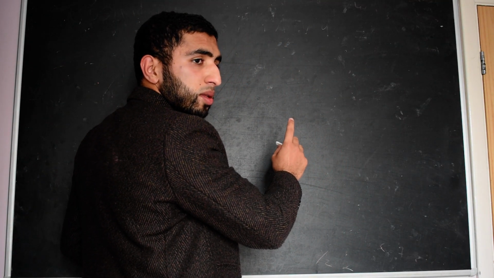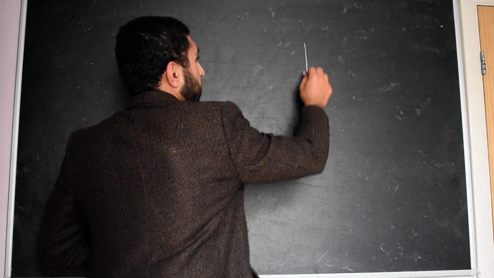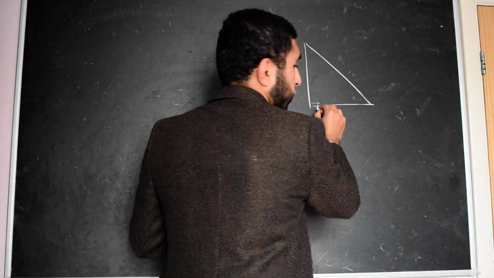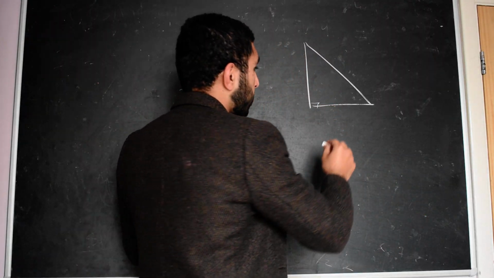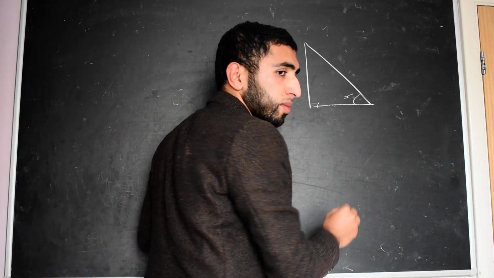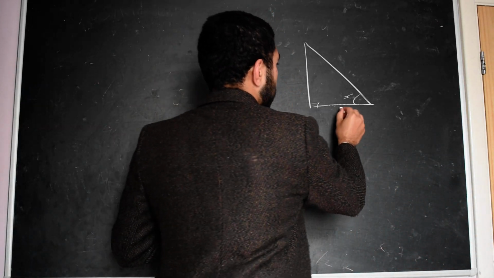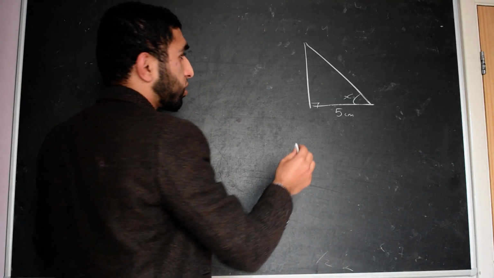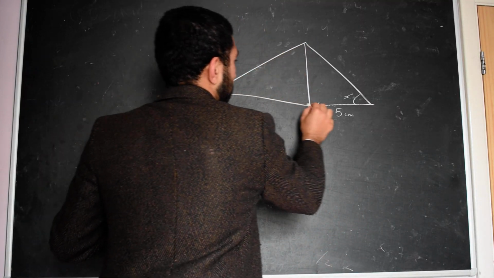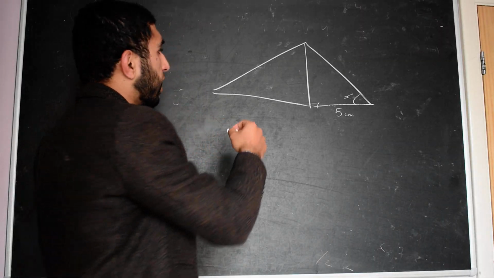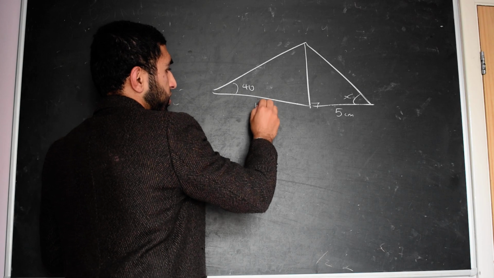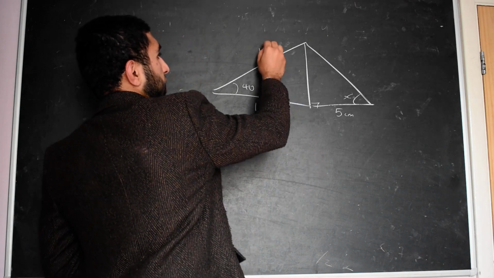The first of which is that we need to have two triangles here. So one is a right angle triangle, as you can see, with a square over here. This is a right angle triangle, and this one over here is the x. The next one is 5 centimeters from here, and that one is not a right angle triangle. It looks like this. And then we have 40 degrees here, and we have 13 degrees here, 10 here, and